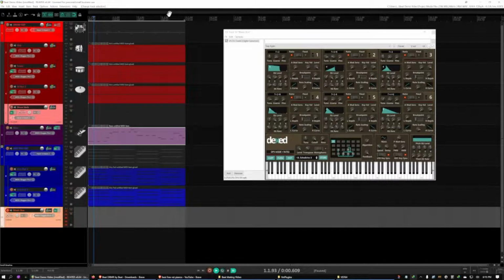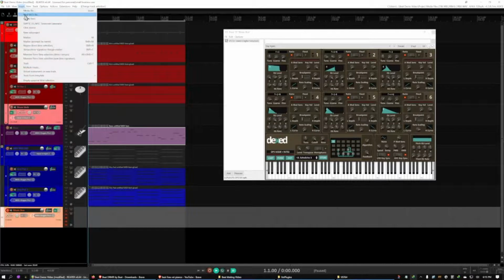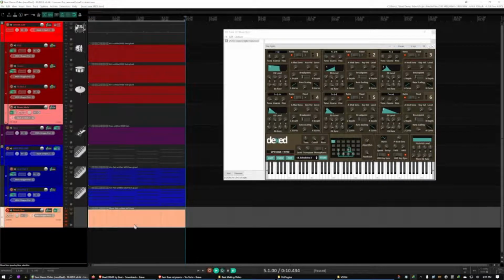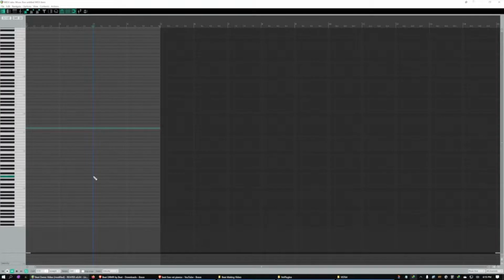Okay, so I still got my 2-bar selection up here in my timeline, and I am highlighted in the music box track. So all I got to do is hit W to go back to start, and then I can go insert new MIDI item. There's my new MIDI item. I'll double click in there,